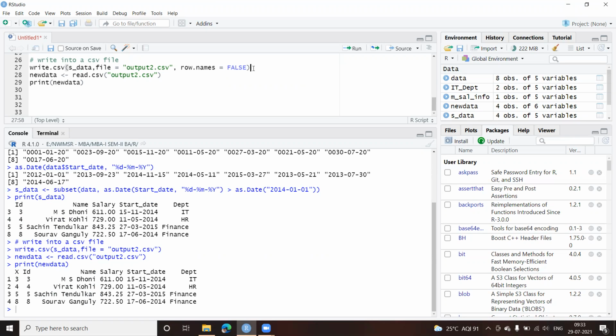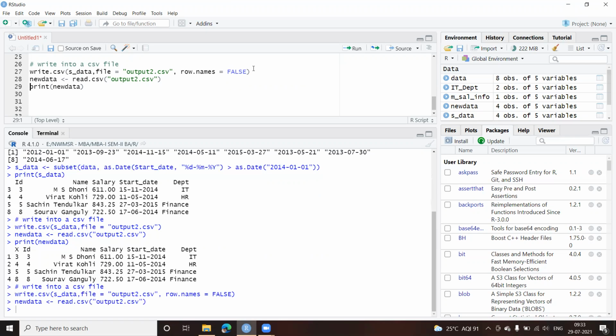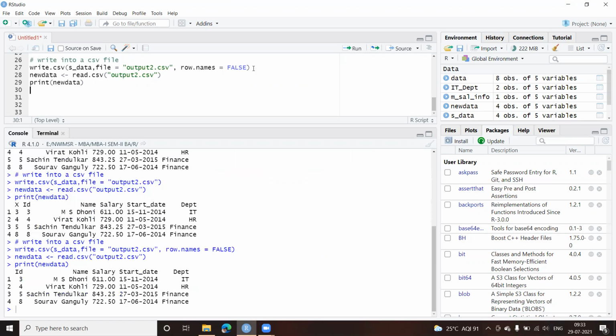So I run this again, get the data and print the data. Now you can see this column which was added is not there anymore. It is going to ignore the row names. By default, the row names get added on their own, so one way of removing it is just specifying row.names equal to false. It's that simple. Clear?